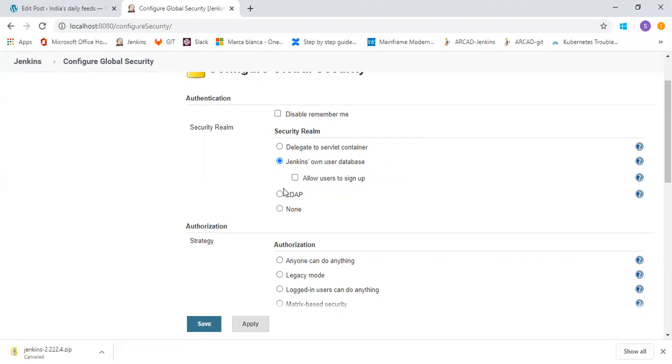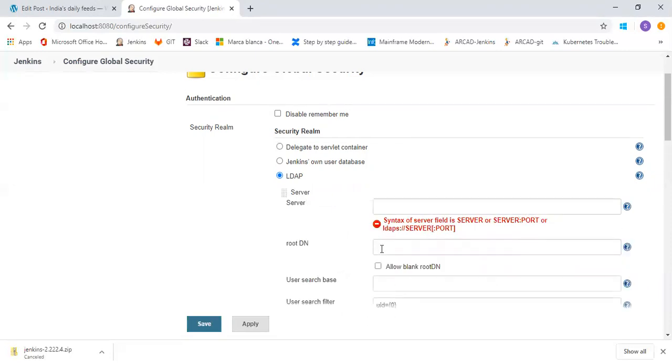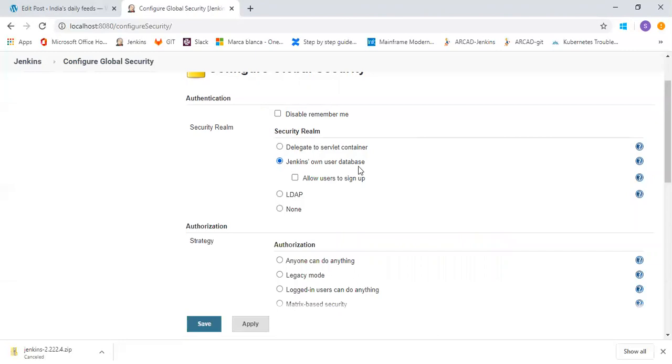At the organization level, if you have an LDAP directory to connect all the members of your organization, you can give the LDAP server here and provide all the information for the LDAP. But for me, Jenkins is using its own database for now.